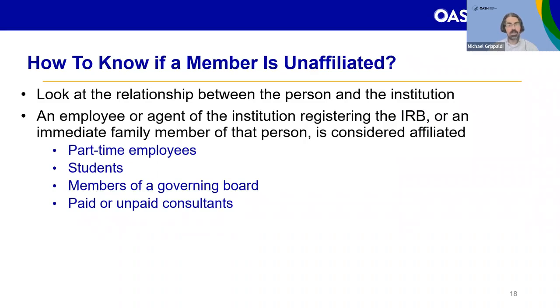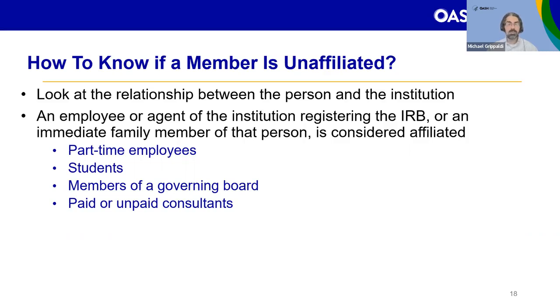So the regulations require that we have at least 5 members on an IRB with a non-scientist, a scientist, and an unaffiliated member. And we're finally here, even though I've referenced this a few times. So how do we know if someone's unaffiliated or not? And this is a bit confusing because it's actually defined in the negative. That is, by knowing who is affiliated, we can know who is not affiliated or unaffiliated. So look to the existing relationships between the member and the institution. The common relationships are those that I mentioned earlier, being employed or being closely related to someone who is employed.